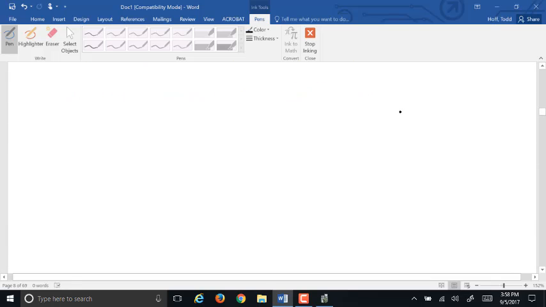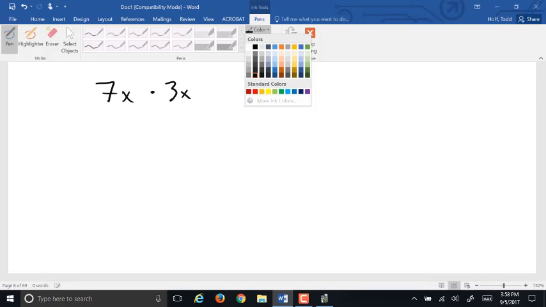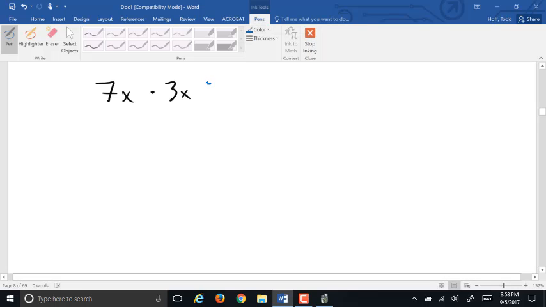So now we've looked at adding and subtracting the single digit numbers. How about multiplying and dividing with our single digit numbers? You know, 7x times 3x. Remember when we multiply or divide,